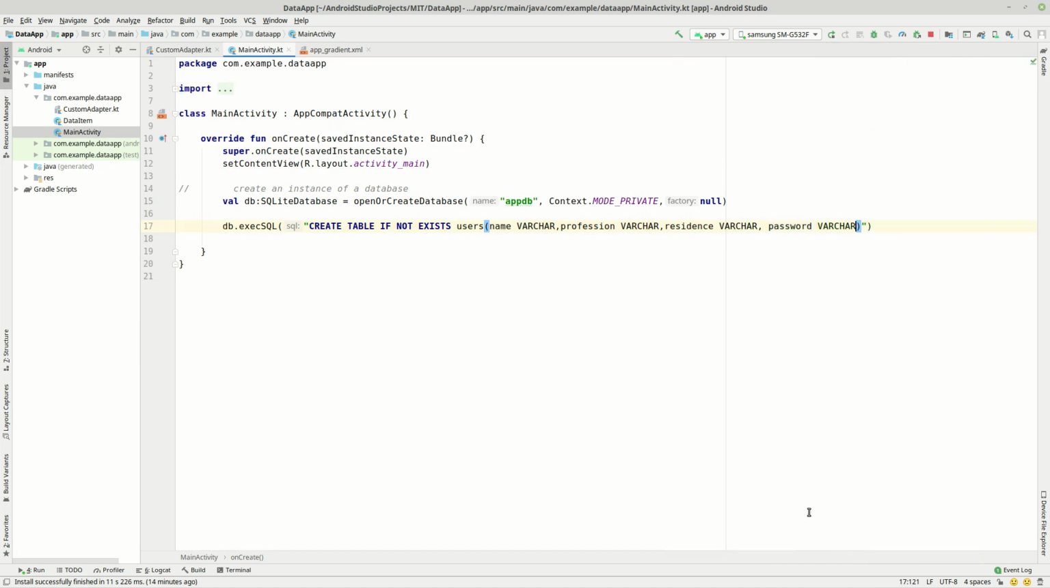Up to that point we've created a table by the name users, having a column name, column profession, column residence, and column password. Next we need to add functionality such that if a user clicks the save button or add button, or the image that we do have there,